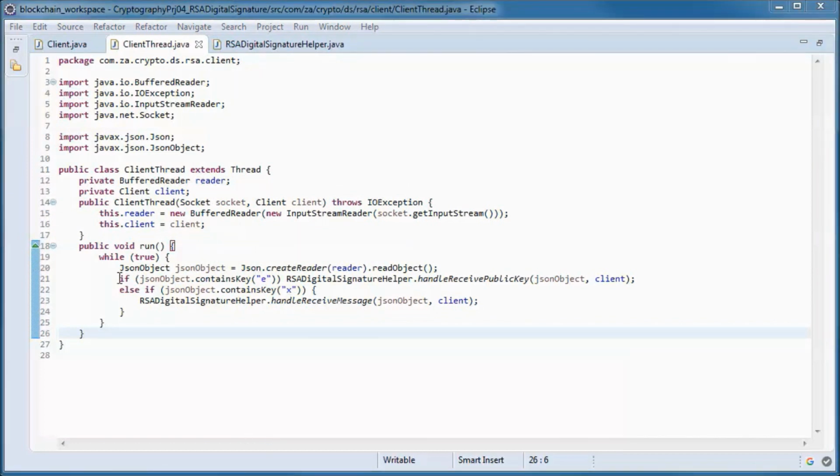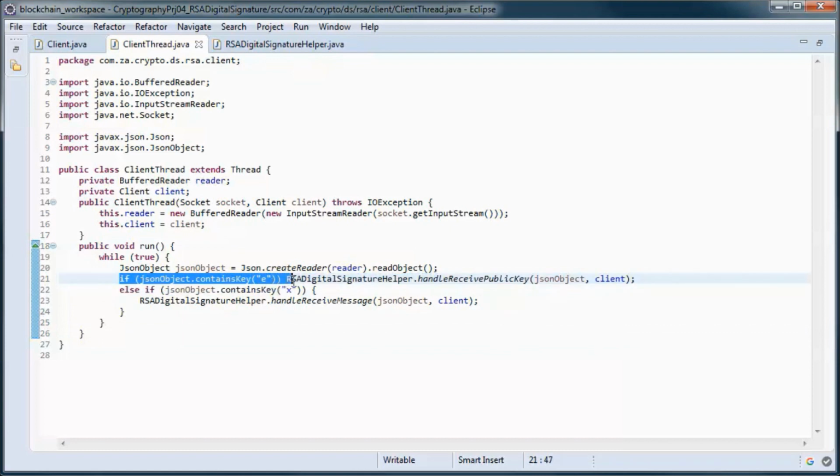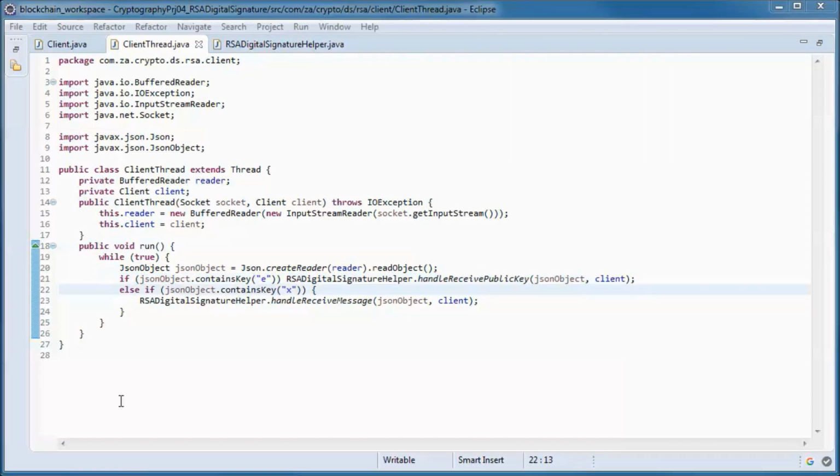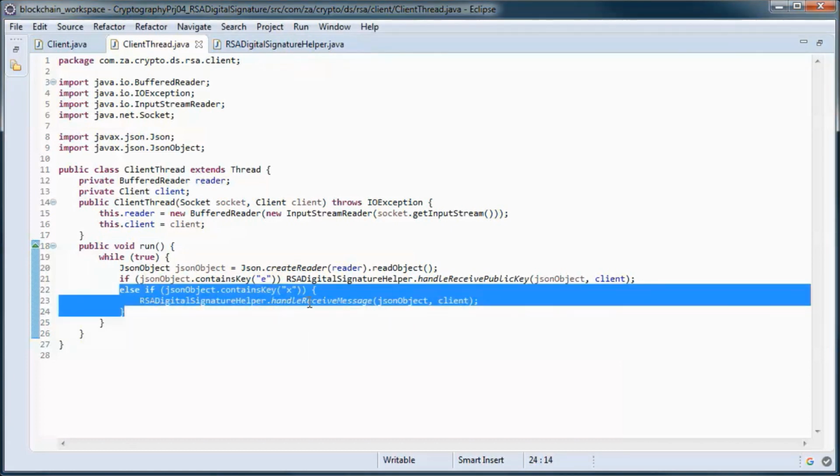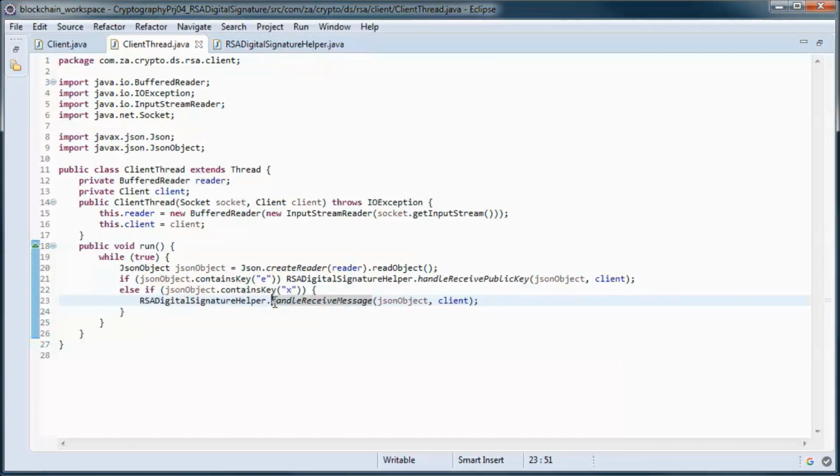So if the incoming JSON message contains a public key, then we call the handle receive public key. And if it contains the signed message, then we call the handle receive message.